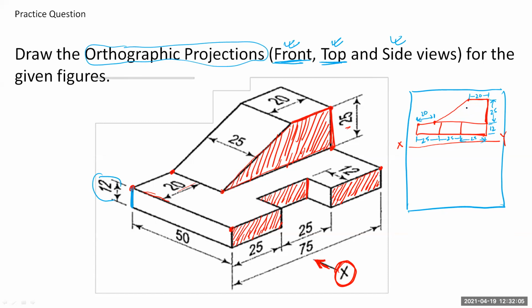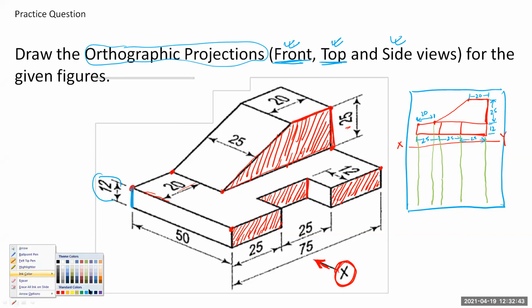So this is how you can draw the front view. Now coming to the top view, how to draw the top view? First you have to draw some projection lines. So I'm taking some light color, and to draw that you need to project all these points vertically downward. If we do it with a scale, it will be perfect. You can draw all those lines in the vertical direction. Then you have to see what faces you are able to see.